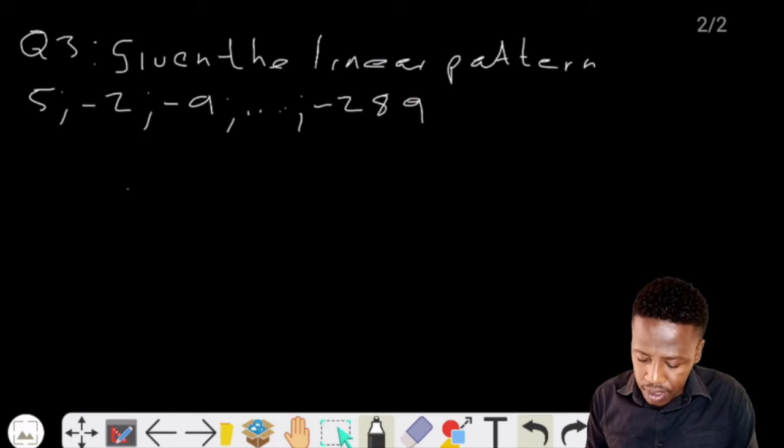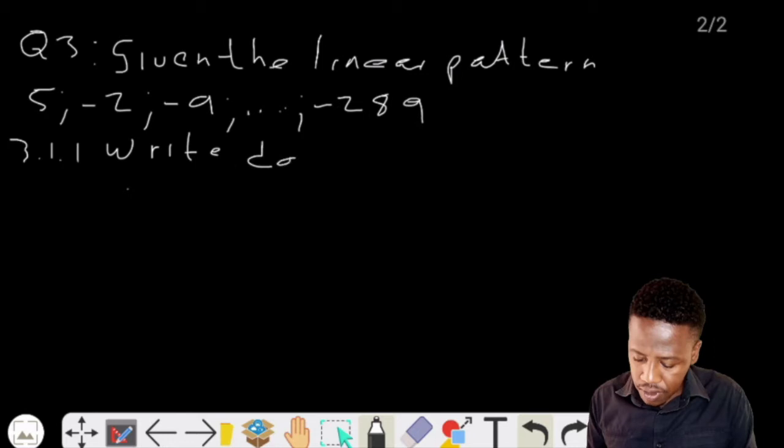The question says 3.1.1, write down the constant